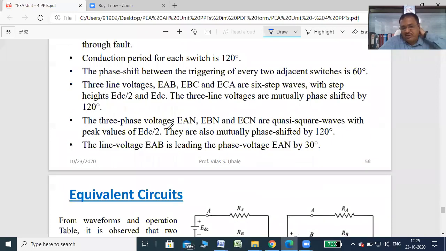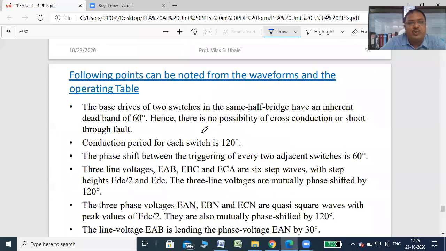One more topic is remaining, that is PWM inverter, single phase and three phase PWM inverter, and then voltage control schemes, right? So we will see that in our next lecture, on Monday, or maybe up to Tuesday. We will cover unit number 4, and we will start unit number 5, that is DC to DC converters.